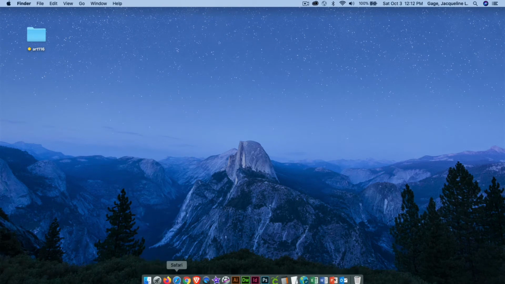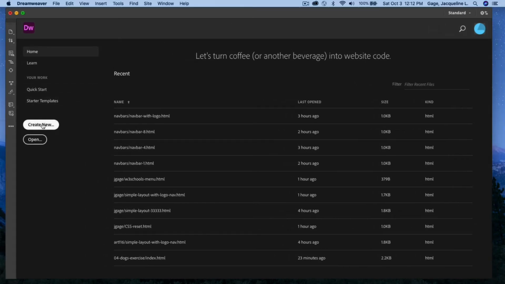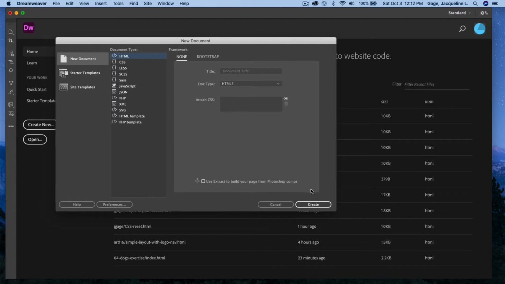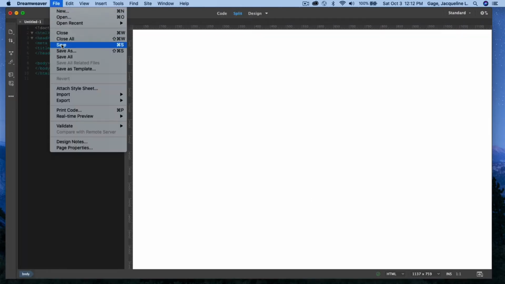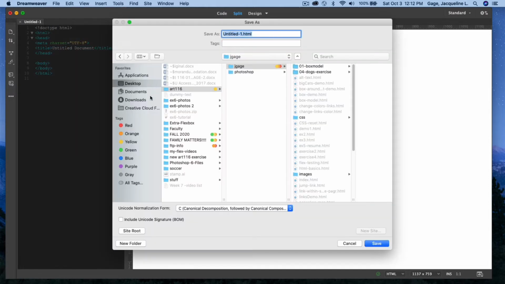I am going to create a new file in Dreamweaver. So new, document HTML and create. I'm going to save it right away, so I'm going to go File, Save, navigate to my named folder, my root folder, and I'm going to call this EX6, and I'll even call it puppy,